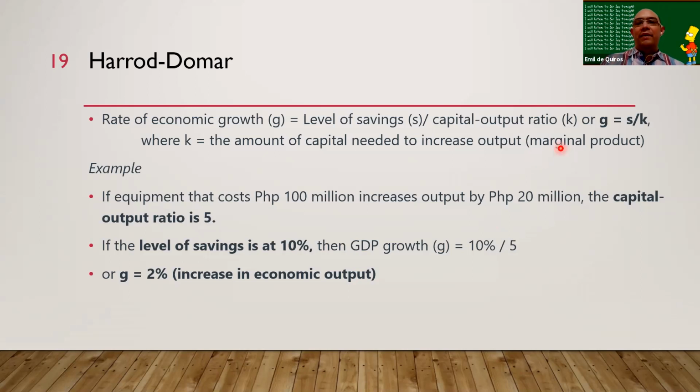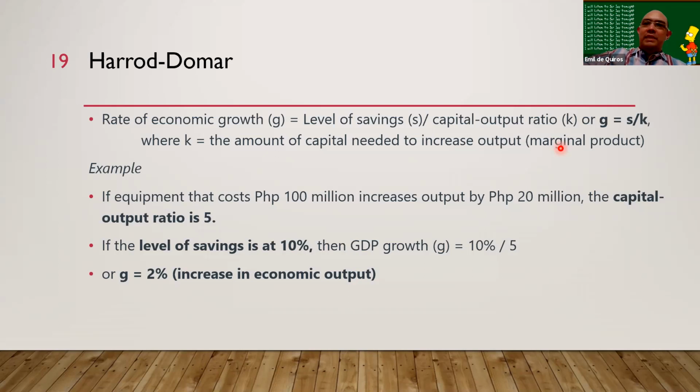The term marginal is very important in economics because it's not output per se. By the way, in economics, the product and output can be interchanged. It's not output itself. Output is different from marginal output. Marginal means an increase, an addition. Marginal means additional. So this is the amount of capital, not money, the amount of equipment. Whenever I say capital, think of it as durable goods, as equipment, automatically. Think of it as machinery, to simplify things.